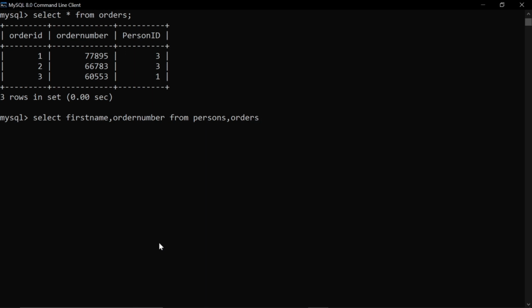Right? Now here the condition is the person ID should be same for both. Means here we will write where the person ID, we cannot write that person ID equals to person ID. We have to specify that for which table the person ID is taken. So we will write the persons dot person ID. So here the persons means the table and the person ID means its column. So if you want to write, then you have to write a dot between them, equals to orders dot person ID.